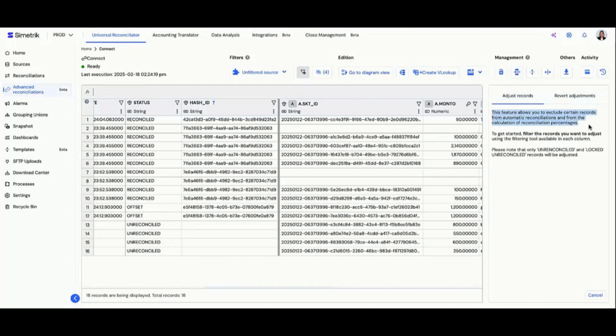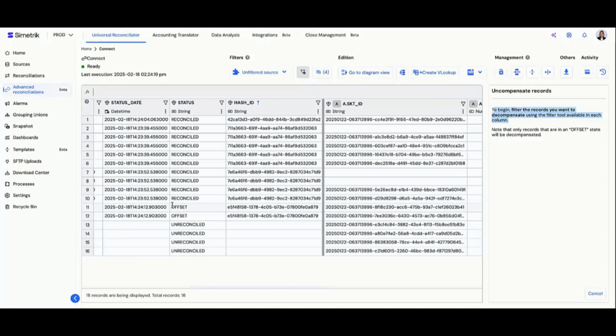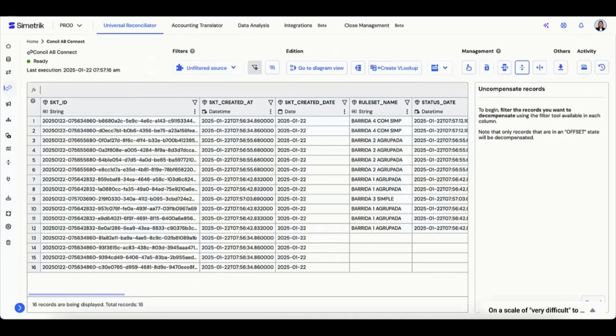The unreconcile functionality will also be available, meaning that we can change records from reconciled status back to unreconciled. In this case, an automatic reconciliation didn't result in what we expected, so I change records from reconciled to unreconciled. It's a pretty important and large feature, and honestly, our goal is to change the way use cases